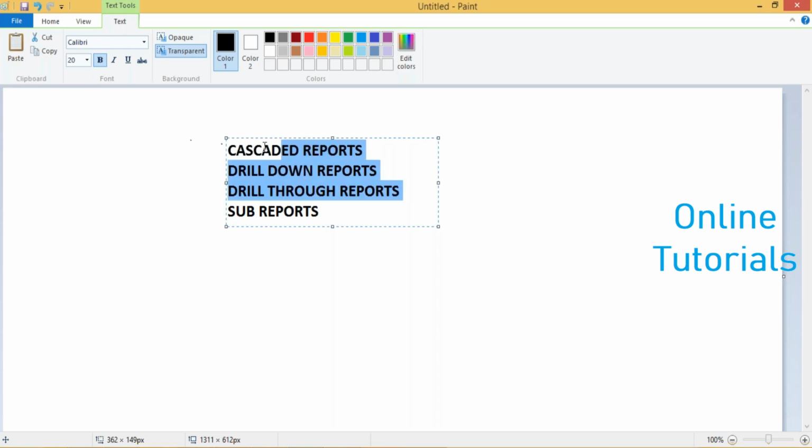So cascaded means, if you are selecting one drop down, the relevant drop down menu will come. In the drop down menu, there will be another drop down. Then the report will generate. Correct. So drill down means,